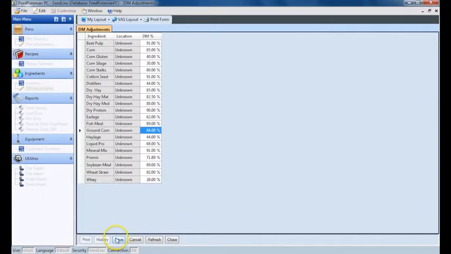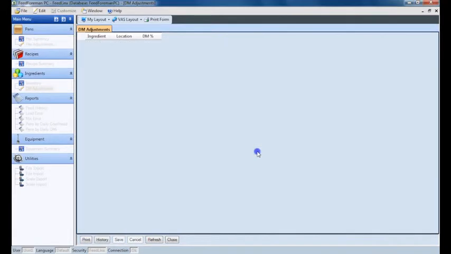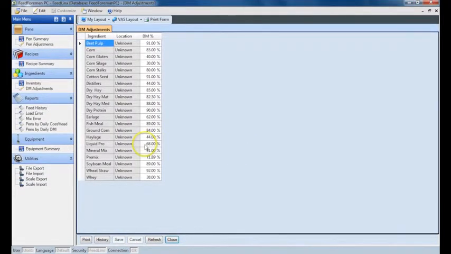A warning will pop up if you try to change the dry matter more than 5%. Simply select OK if this is a change you want to make, or Cancel if you mistakenly entered in the wrong dry matter percentage. Every recipe that uses that ingredient that you adjusted the dry matter percentage on will be